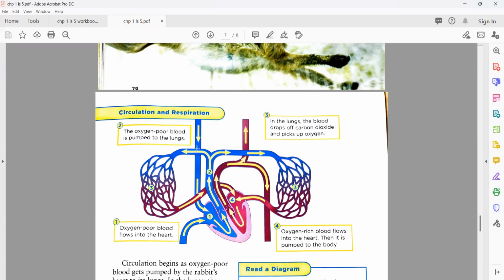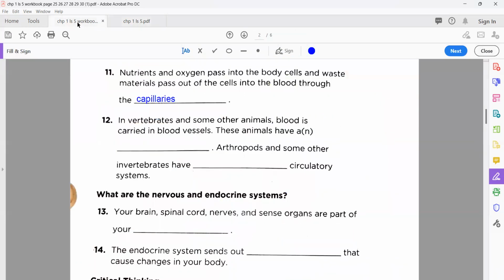It will not go anywhere out from them. So what network do we call them? Circulatory system, but if it stays inside and does not go out from them,